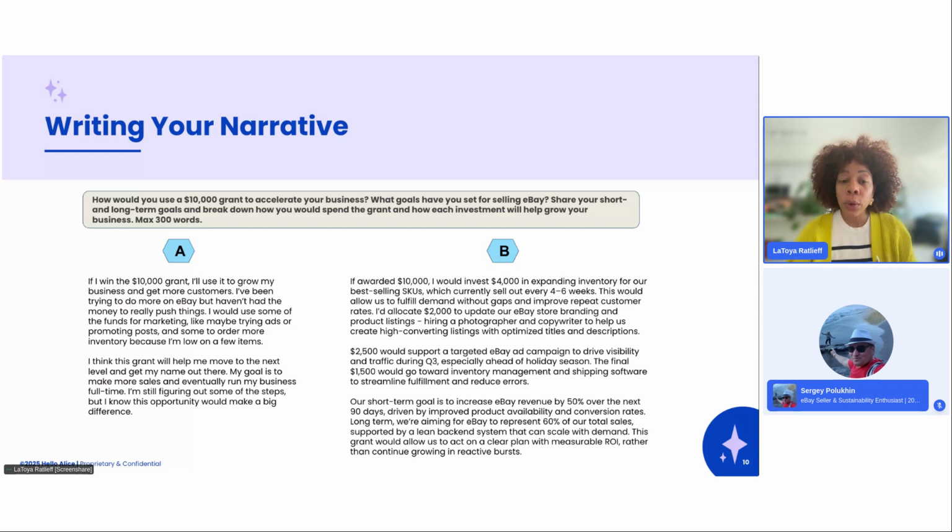What you'll notice too is that this particular example covers, one, exactly how you're going to allocate it, what you're going to allocate it to, and what that impact is going to look like. Just in that first sentence, it goes through, if awarded $10,000, I'll invest 4,000. That lets them know how you're going to do it, why you're doing it,